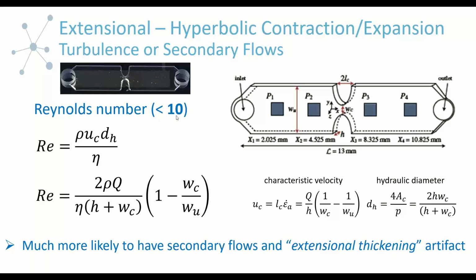And so now we're talking two orders of magnitude lower, somewhere in the vicinity of 10. We can potentially see these secondary flows. And although we haven't hinted upon it quite yet, the manifestation of this turbulence or secondary flows with respect to your data is essentially either a shear or, in this case, extensional thickening. So it looks like your sample is either shear thickening or thickening under the extension rate, but